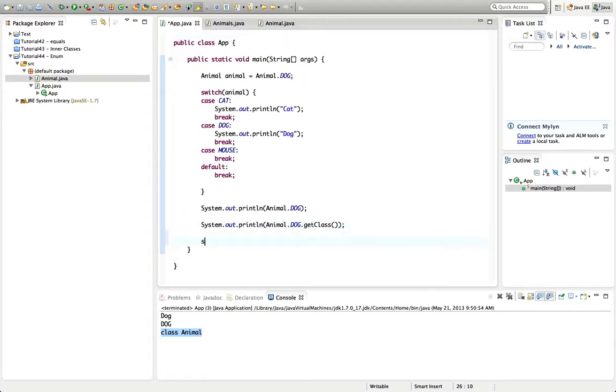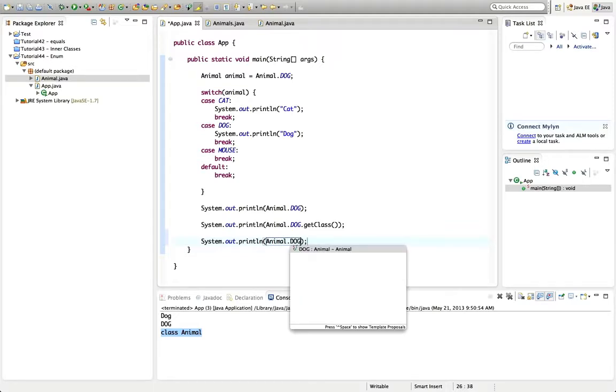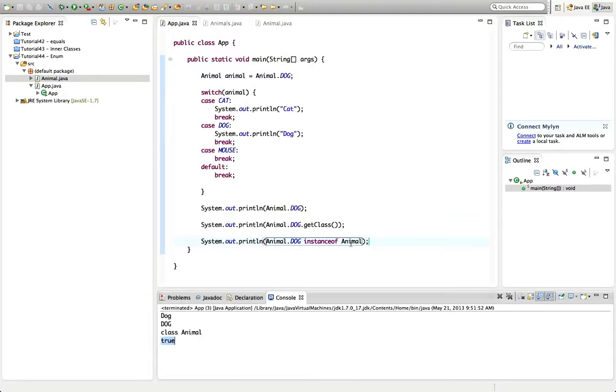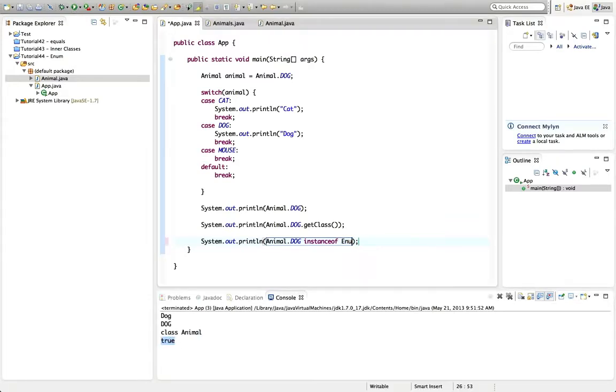So I could do sysout animal.dog instance of animal. The instanceof operator tells us whether it's an instance of a particular class or not. In other words, is the object created from a particular class? And this should say true, and it does. But I can also say instance of Enum, or java.lang.Enum, and if I run that, we also get true